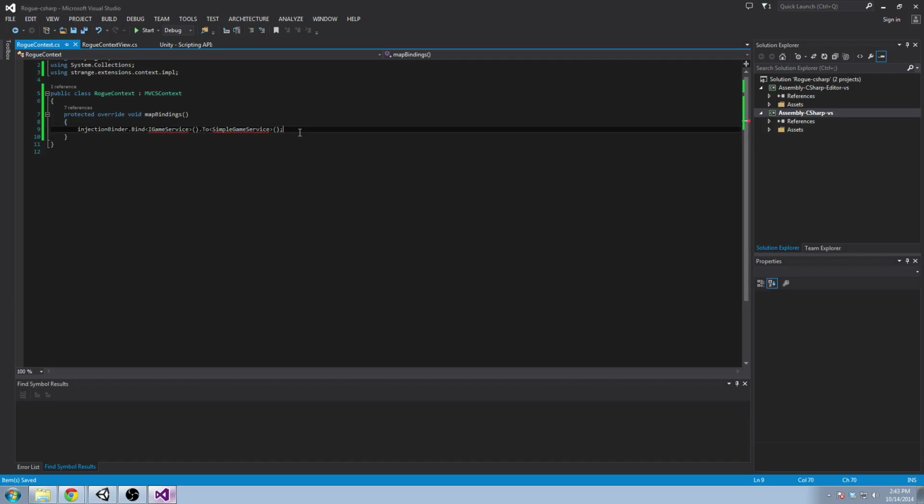And something that we can do with this binding is add to singleton. And basically what that means is that the injection binder is going to handle taking care of the creation of this SimpleGameService instance. And it's going to map it to a singleton, and wherever we use IGameService in a way where we mark it with an inject attribute in another class, we're going to get that singleton SimpleGameService injected into our application. So we need to make those, but first I'm going to show you one more thing,